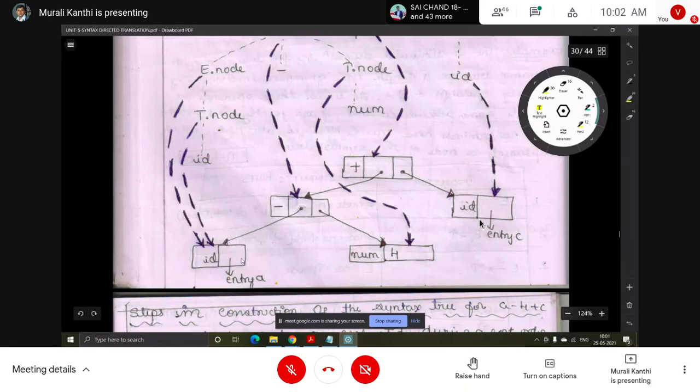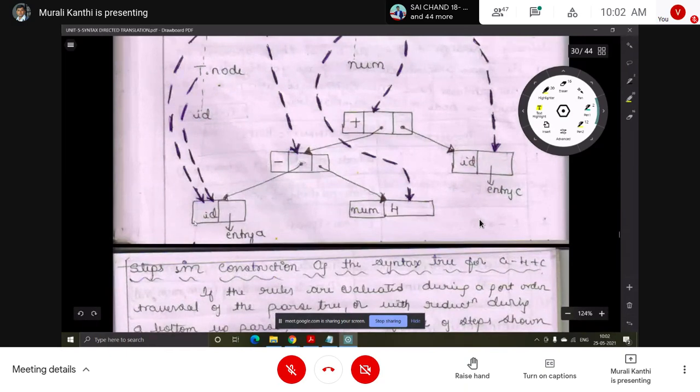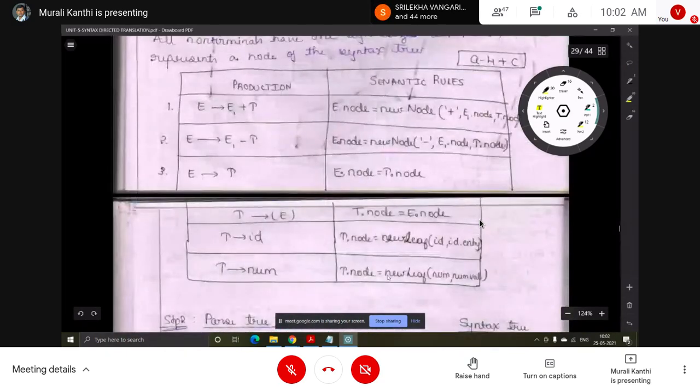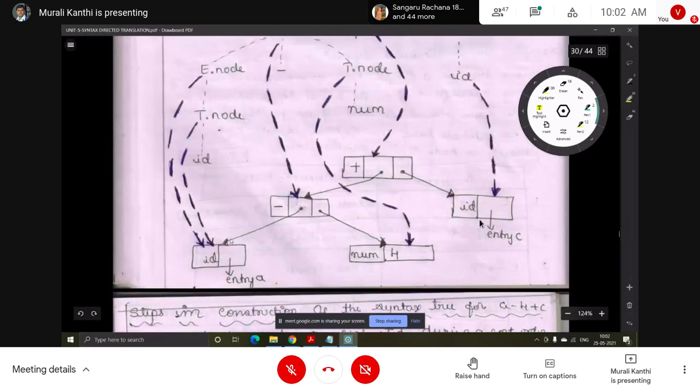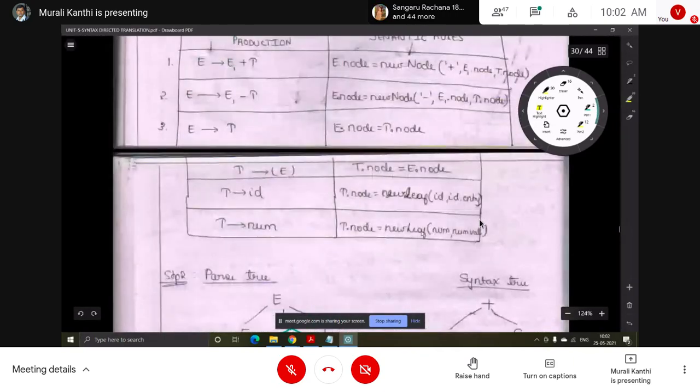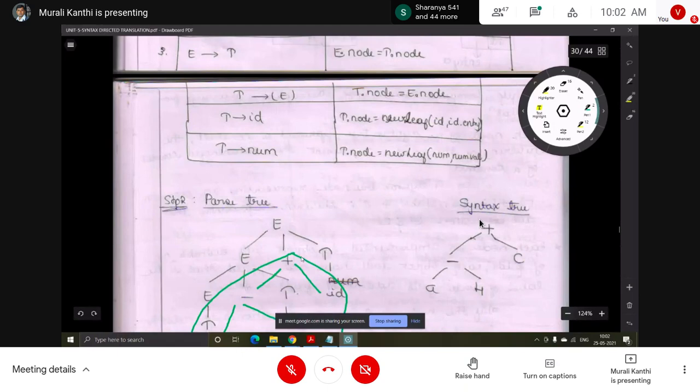So here which one? New leaf node creation: new leaf id comma id.entry, not this number one, this one. Leaf node creation.